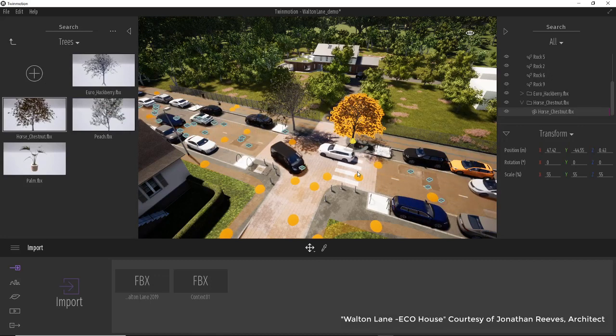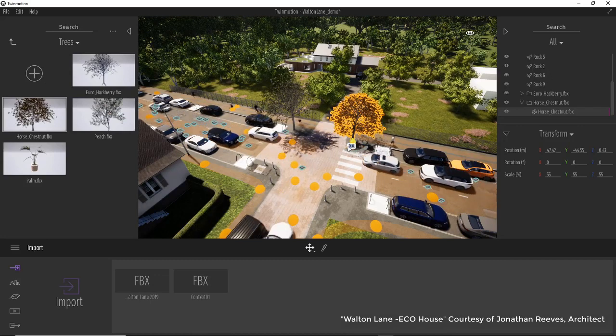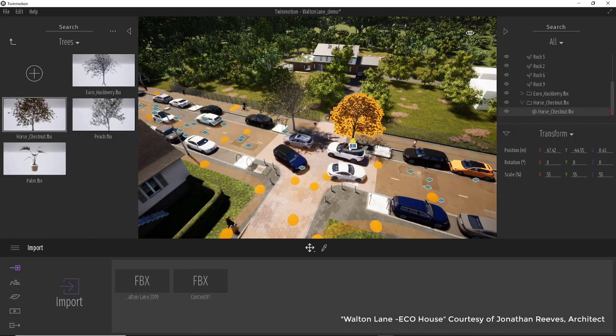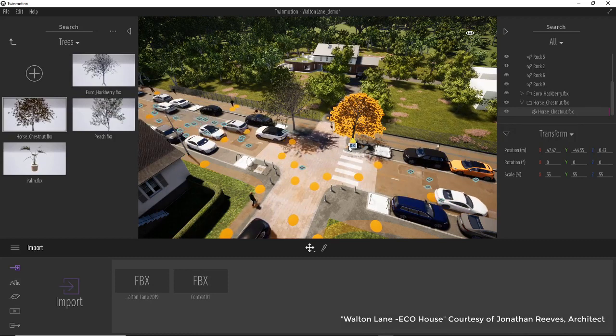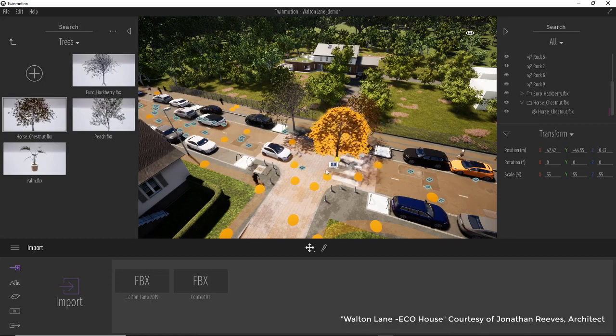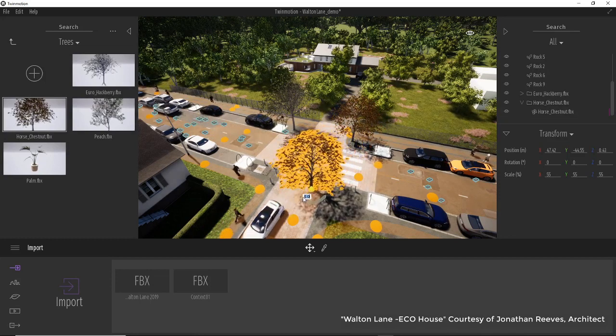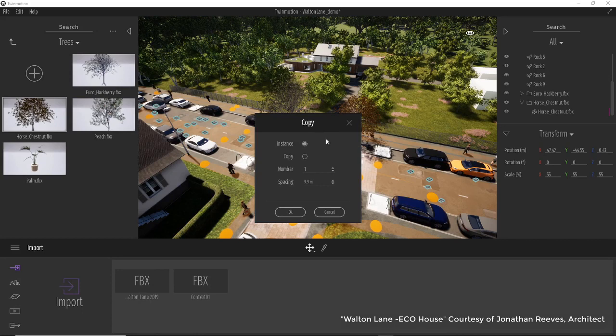And I'm going to do that in this case here. So I'm just going to hold down my shift key and go over top of one of these little directions here. I'm going to use this direction here. So by holding down shift, left mouse clicking this, you can see that I actually get a second version of that tree. It's going to ask me, do I want that to be a direct copy, which is going to